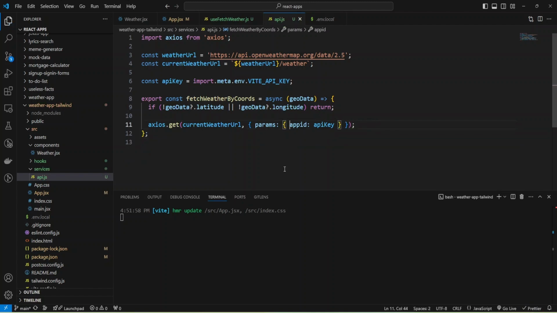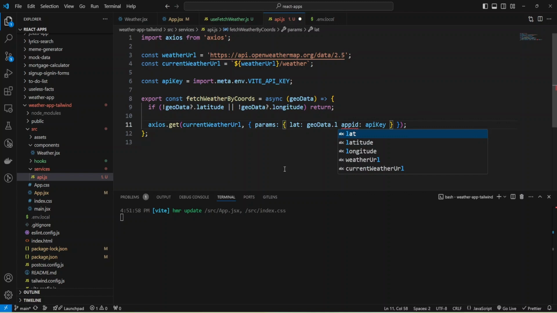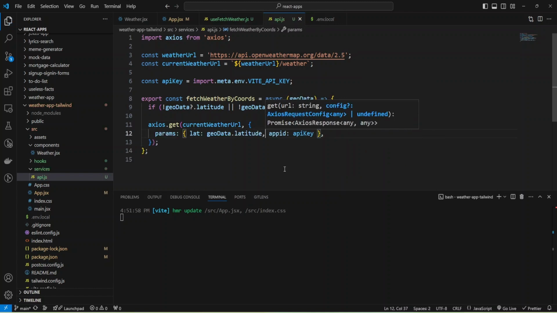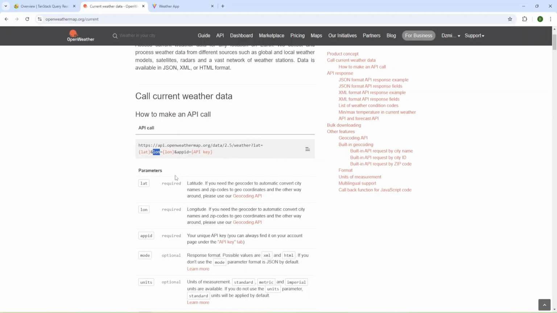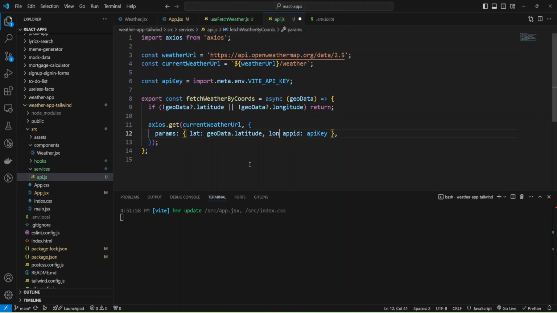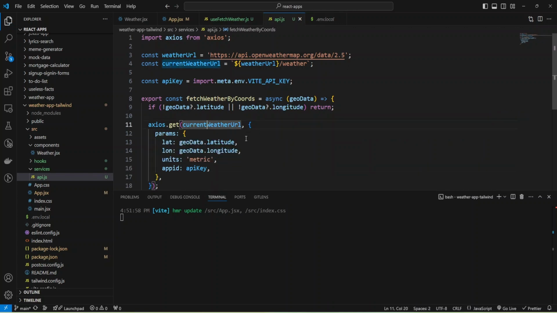And also I'm going to provide lat, and we have in geodata latitude, and also we need, let's check, lon, and it will be geodata longitude. And also I'm going to add units to retrieve the data in Celsius, metric, but you can use Fahrenheit if you want.